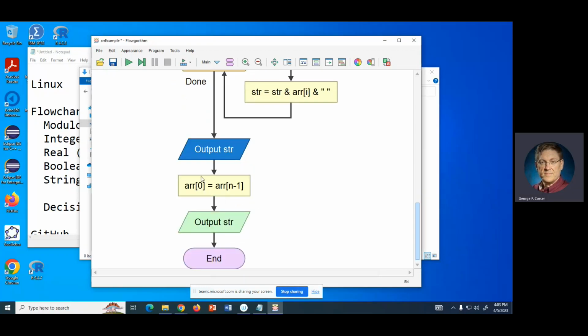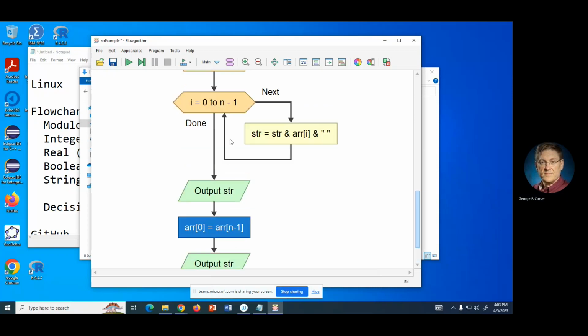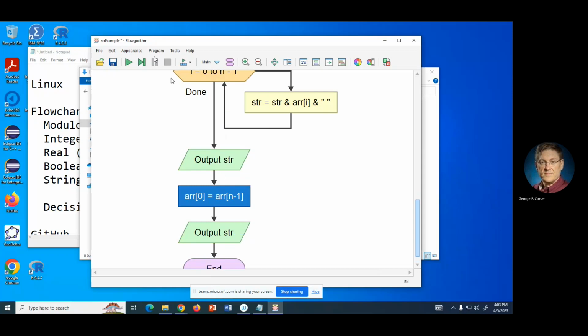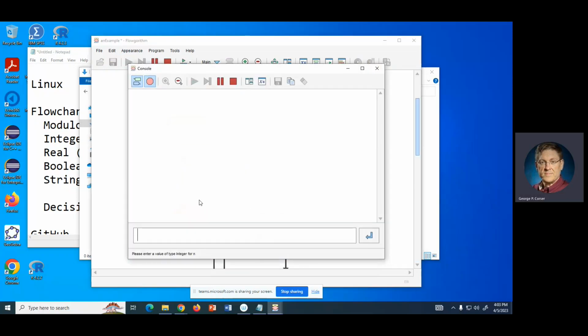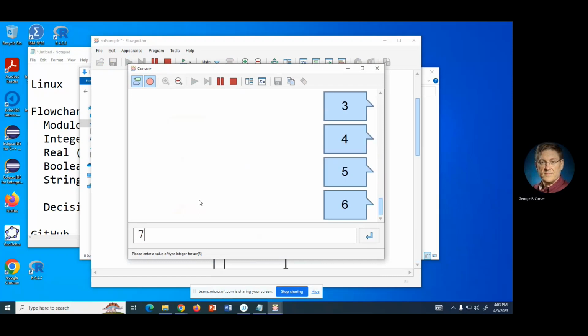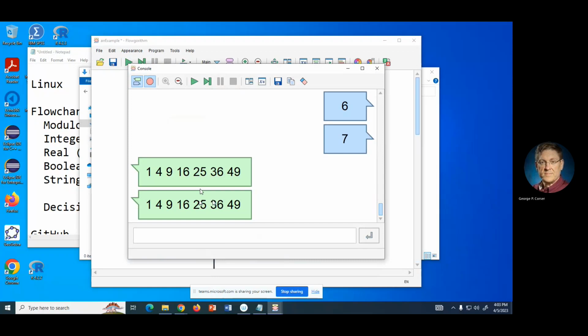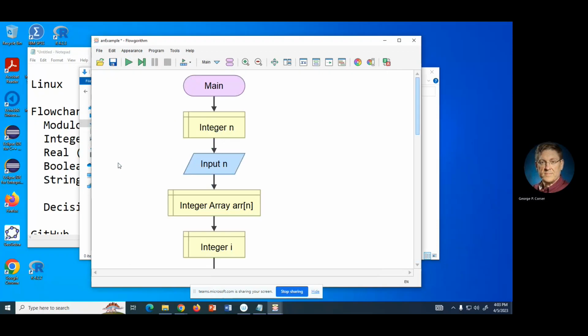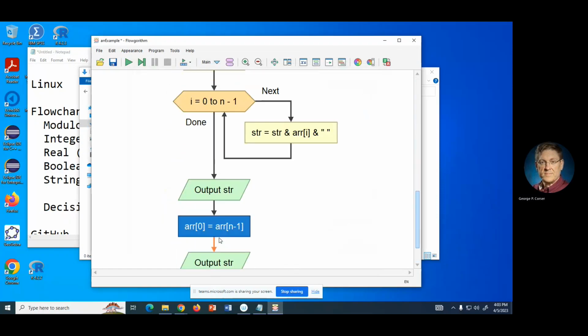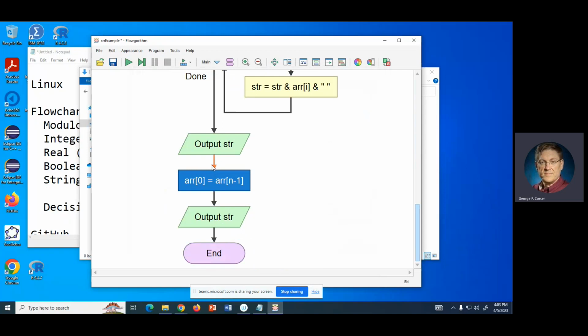So I should be able to print out what it is before, then reassign this. That's odd. Gotta be a reason. I'm gonna say output,